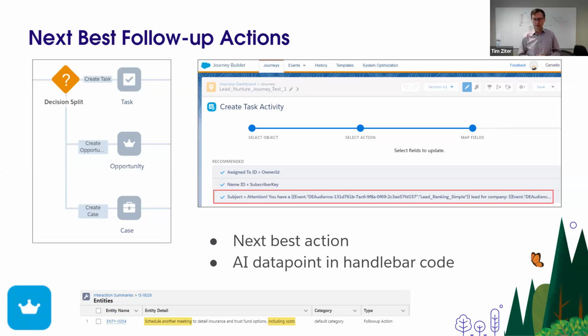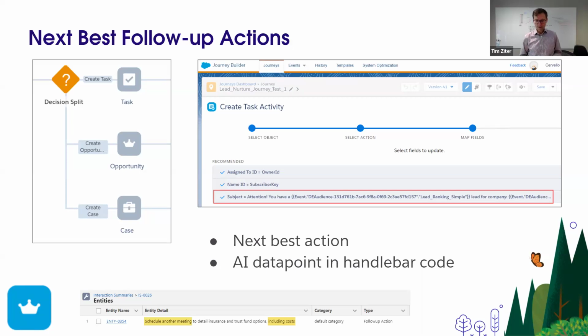This other lead, you might want to create an opportunity, depending on that sales activity. Or even you might want to create a case for service. Maybe this is more of a service issue to be handled. So using that AI-driven data to determine what's going to be the best object to be created in the Salesforce CRM environment. And not just that, but in those objects that you're creating, personalizing it, using that data to customize